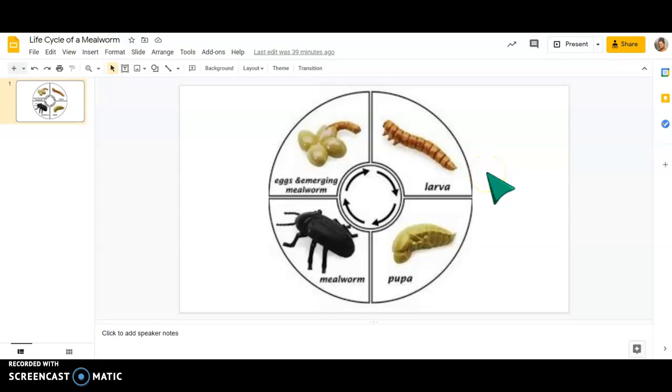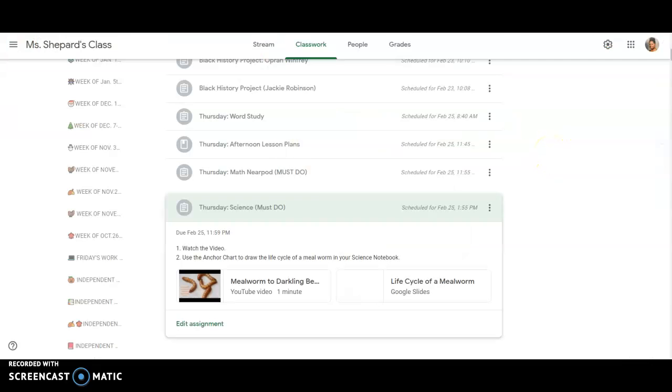in your science notebook. Yes, you can use crayons. Yes, you can use colored pencils, but don't use markers, guys, okay? So after you draw, you can color it, all right? So don't forget to make sure you complete this science activity. And once you've completed that, you turn this activity in to Google